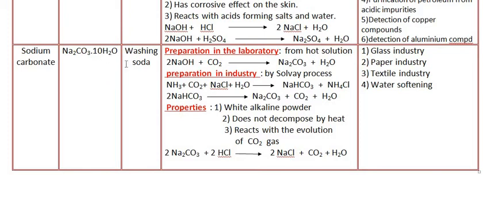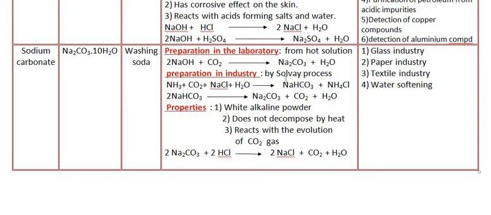To prepare sodium carbonate, it is prepared from a hot solution of sodium hydroxide. After passing carbon dioxide gas, a reaction occurs to form sodium carbonate and water. An industrial method for preparation of sodium carbonate is